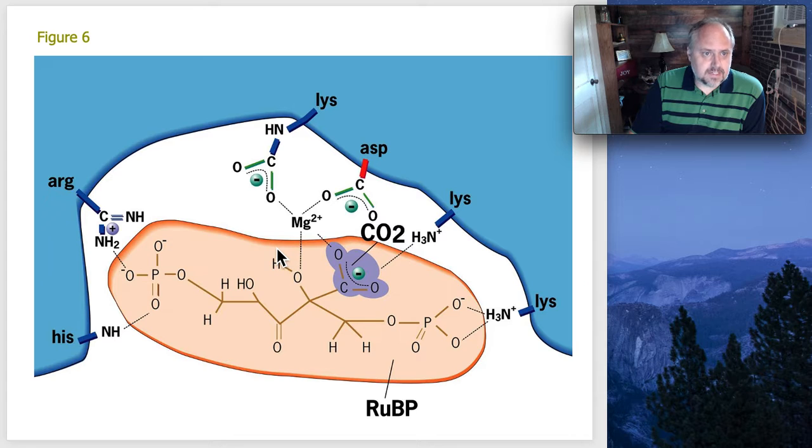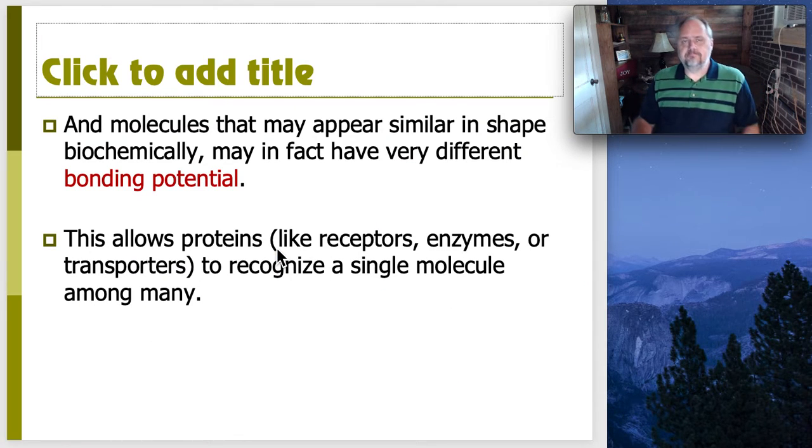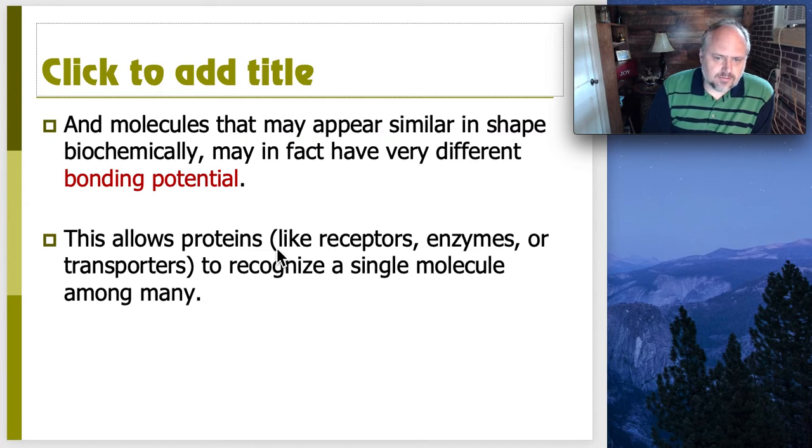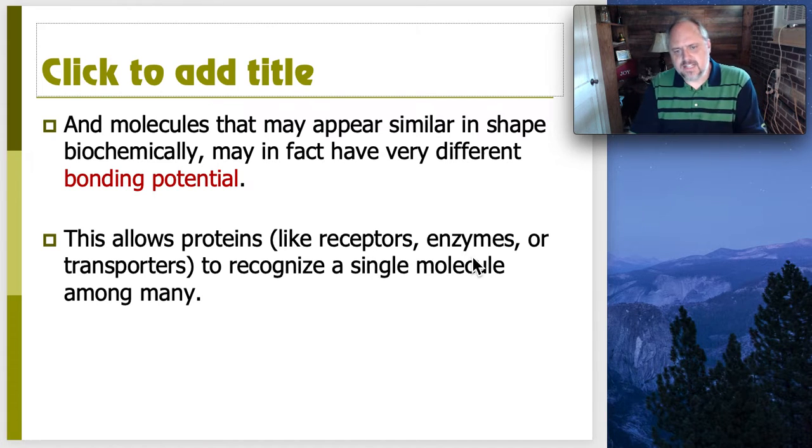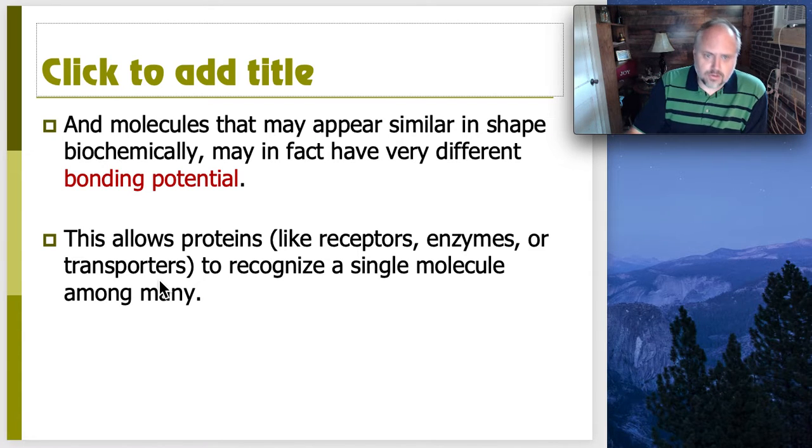Okay? So when you think about this concept and the way all these molecules are going to end up interacting together, it really comes down to your potential. If you think about each molecule, even though they may be shaped exactly the same or built off the same building blocks or structure, what we actually attach to them based on its bonding potential is going to allow us to do several different things and recognize several different things. So things like receptors recognizing their signals, enzymes recognizing their substrates, transporters recognizing their cargo. All of these molecular interactions can be very specific because these particular proteins are able to recognize specific molecules based